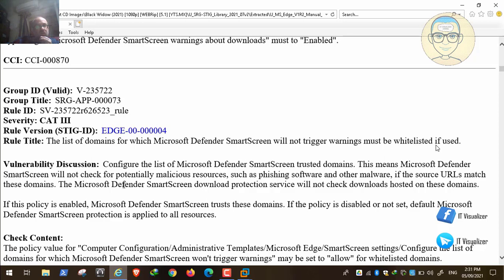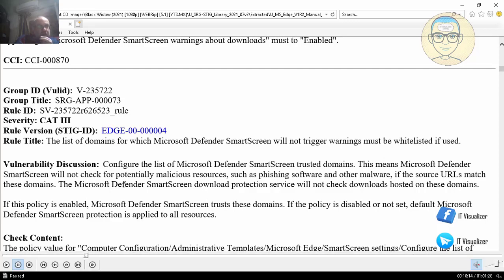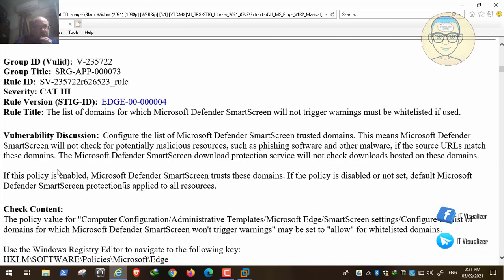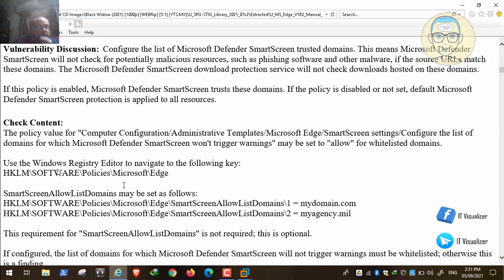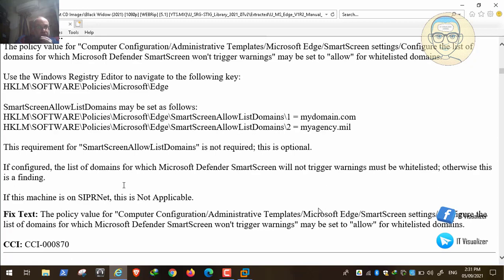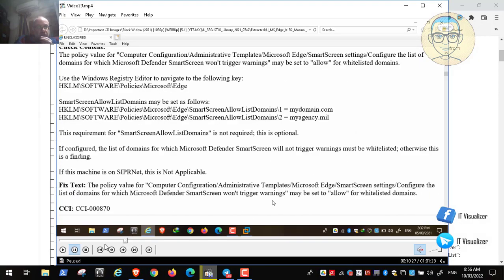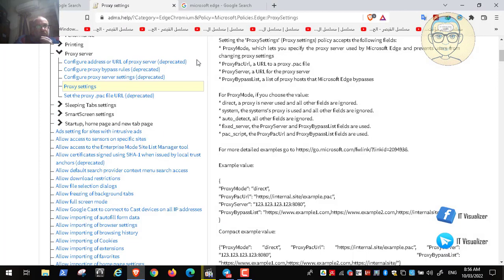So this can also be done from the same section. I will show you how we can do this. We can do it from the Microsoft Edge Smart Screen settings. Let's see where it is. You can give it a list, a whitelist of the websites you need to bypass from the Microsoft Defender Smart Screen. Let's also see a small explanation about